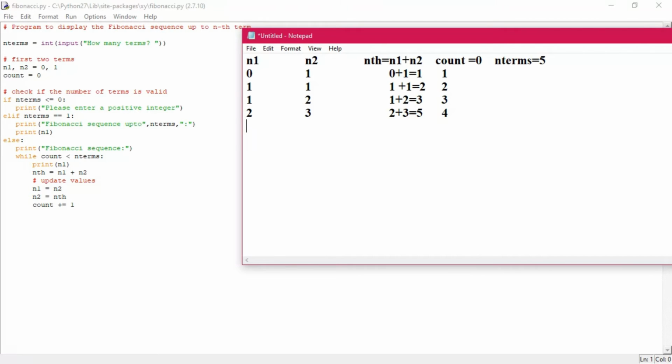Now n1 equals 3 and the value here will be 5. So 3 plus 5 equals 8. Sorry, 3 plus 5 equals 8. And this count will become 5. Now you see 5 is no longer less than 5, so the condition becomes false, and the loop terminates. When the condition is false, the loop terminates.